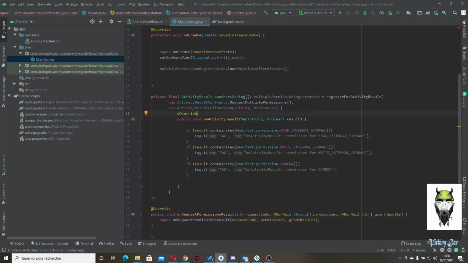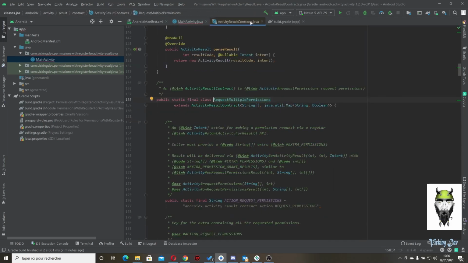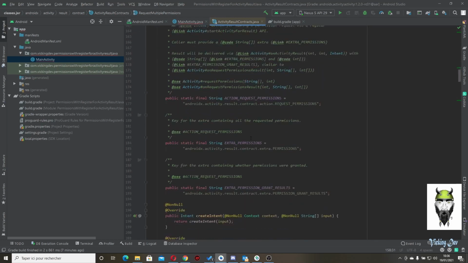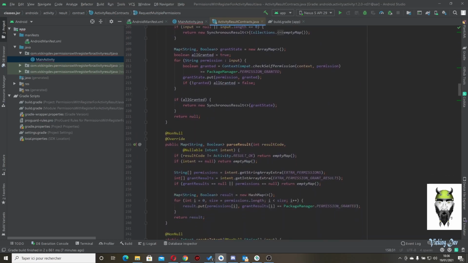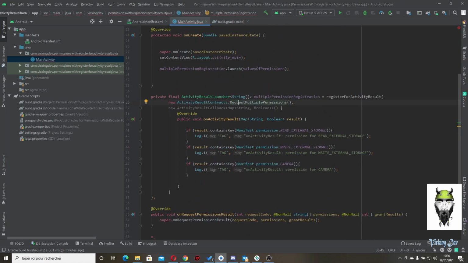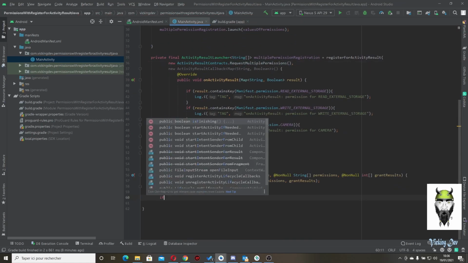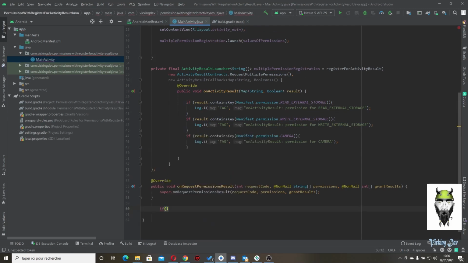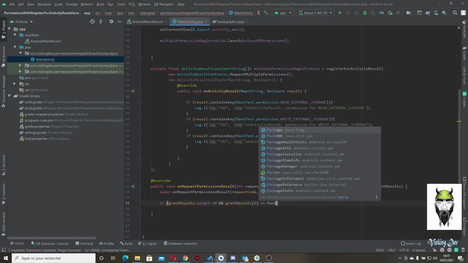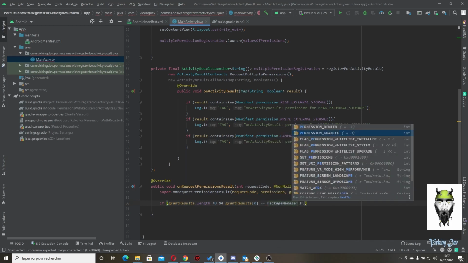Just one thing: if you go back to the ActivityResultContracts, for the different methods you can have different information on it. As you can see, inside we have information for the grant result, for the permission, and then the activity result, etc. Have a look at it. This method is not necessary, just an example. So if grantResults.length is more than 0 and grantResults[0] equals PackageManager.PERMISSION_GRANTED,